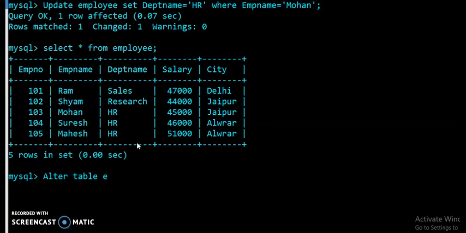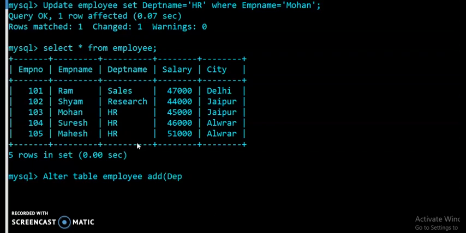Alter table, table name is employee. By using the alter table command we can add any new column in our already existing table. If you want to increase the number of columns in your table, then you have to use the alter table command with the add keyword. Then you have to write the column name, the column you want to create.